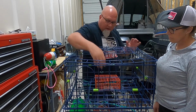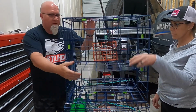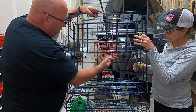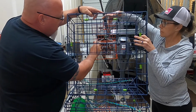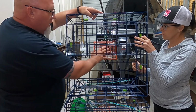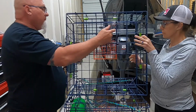Inside, you can see right here, tip it up like that. We've installed a bait box. These bait boxes are real handy. You can just flip the door open, stick your bait in here, and close it back down. And that's what the crab go for right there. That's what they're coming after. On the bottom,